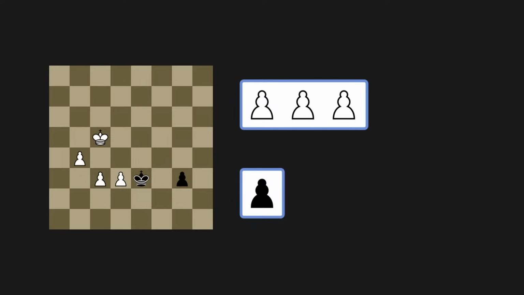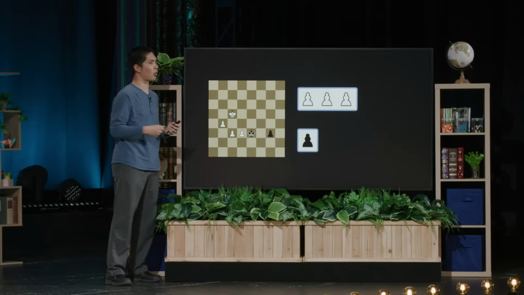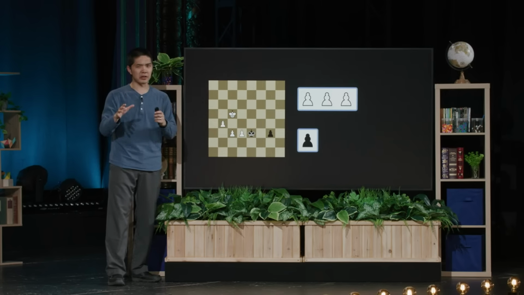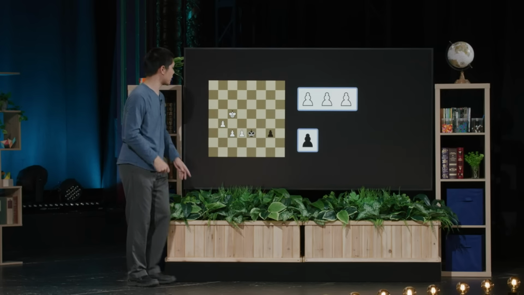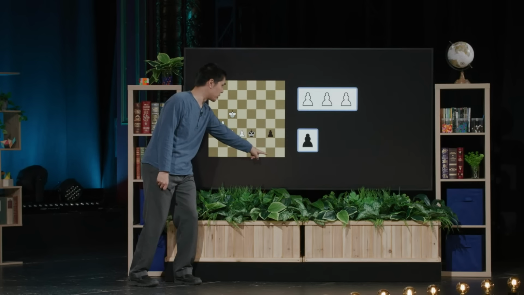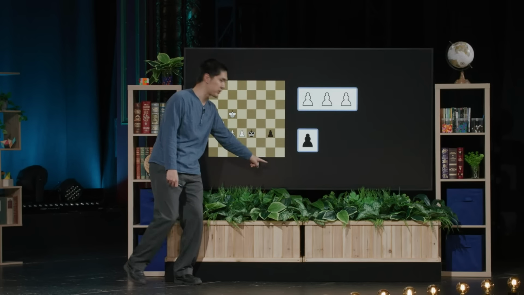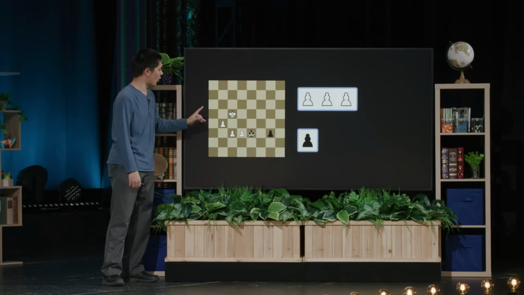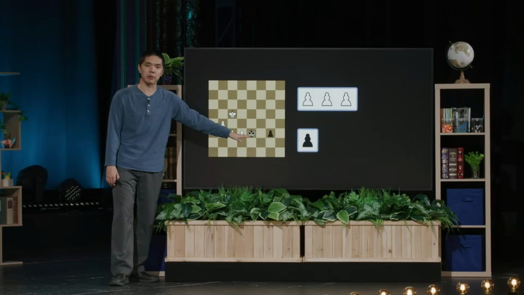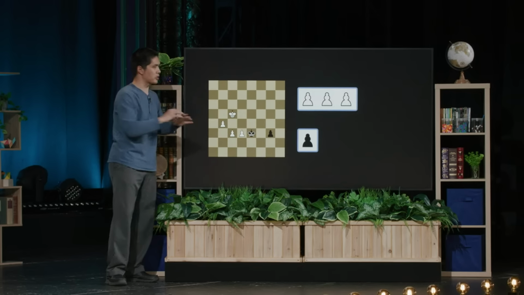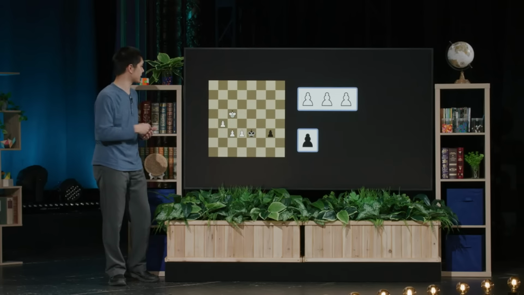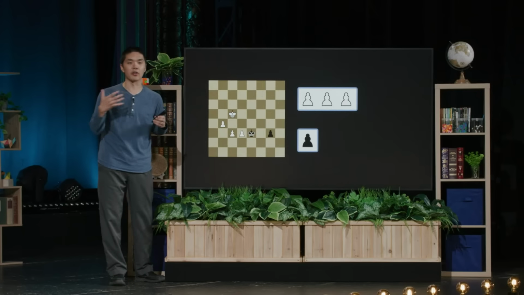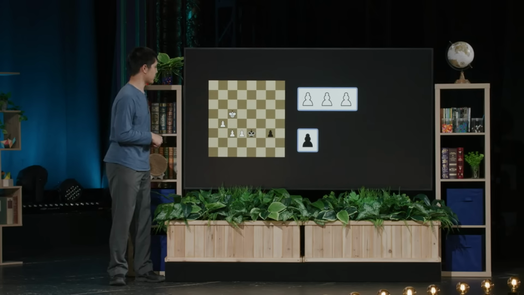But it turns out that the game is not quite as simple as just who has more pieces on the board. It also matters where those pieces are on the board relative to each other. And in this case, if you know a little bit more about the rules of chess, you might notice that this black pawn is very close to making it to the end of the board. And when a pawn makes it to the end of the board, it can become a queen, become much more powerful. And so in this case, even though the white player has more pawns than the black player, because of where those pieces are, which our evaluation function is not currently taking into consideration, this pawn is actually much stronger. And actually, the black player, they are the ones who's winning this particular game.